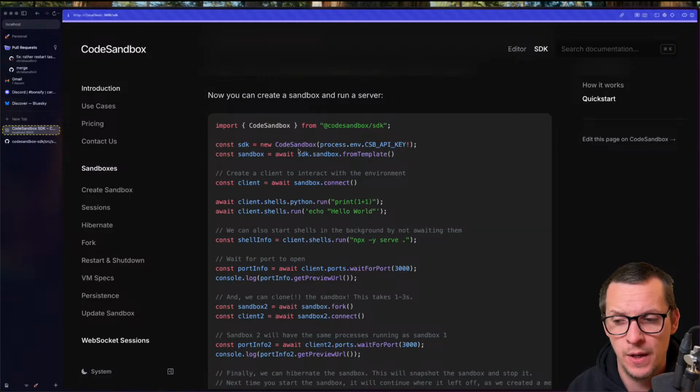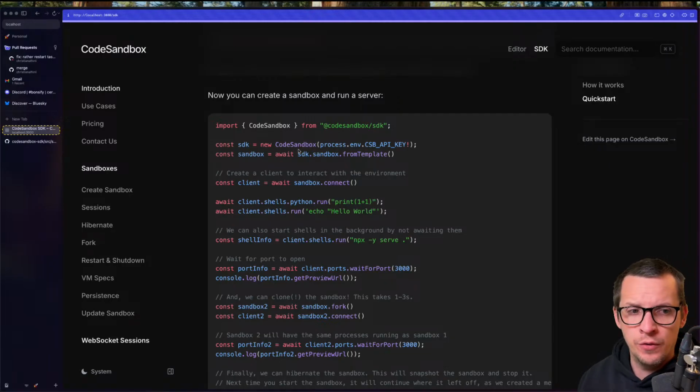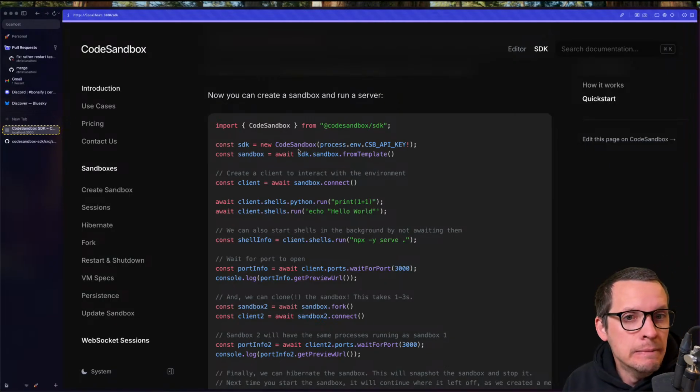But it is kind of weird that, well, first of all, you don't know about all the different things. It's very hidden in the API itself. In the documentation, it's of course very clear, but